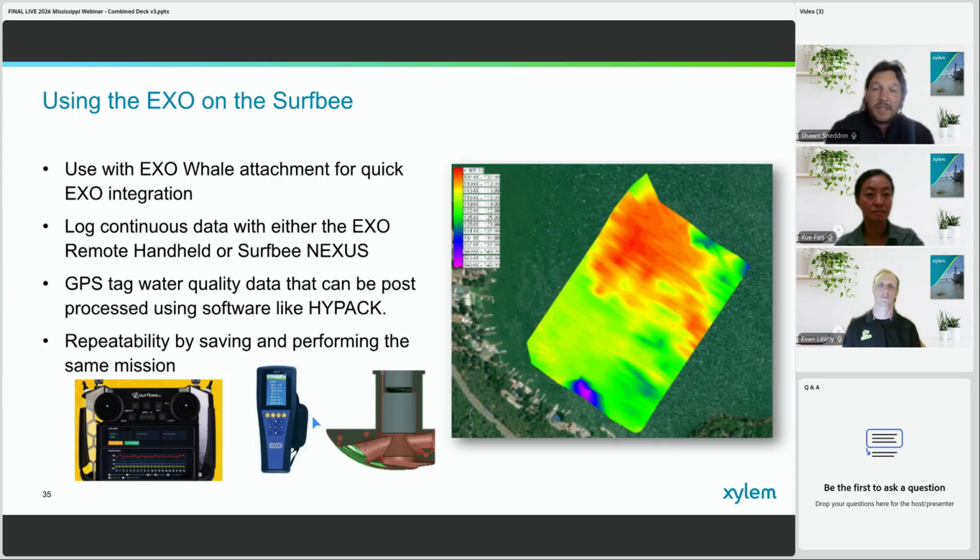Both the Nexus and the remote handhelds, you can export that data and quickly import it into HYPACK to create these visualizations. And one other great thing with using the SURF B is that there's repeatability there. So if you're wanting to monitor the same area over and over again to see what is happening over time,